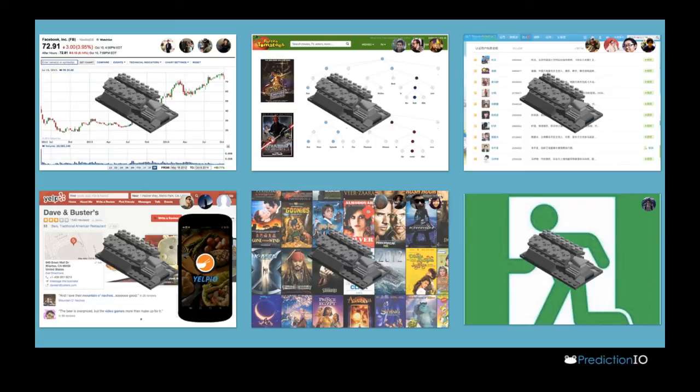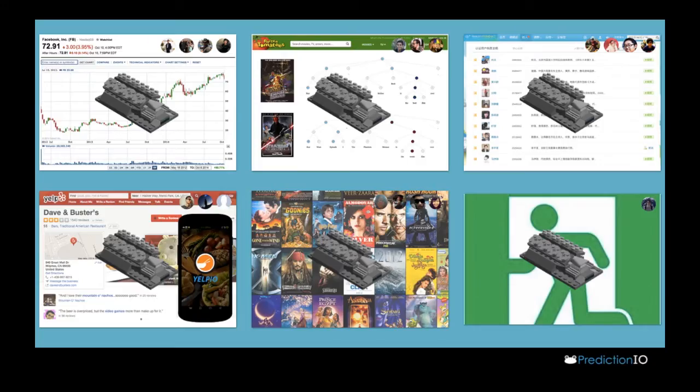And here's a snapshot of some of the different things that we have people working on. These aren't companies, these are more open source contributors who are building engines. And what's nice is that they're sharing those engines. So as well as starting from the engine template, you could also start from an engine that someone has already built and then customize that if it closely fits the needs of your own predictive app. So we've got people working on trend detection, using Yahoo Finance data, sentiment analysis, churn prediction, user recommendation.